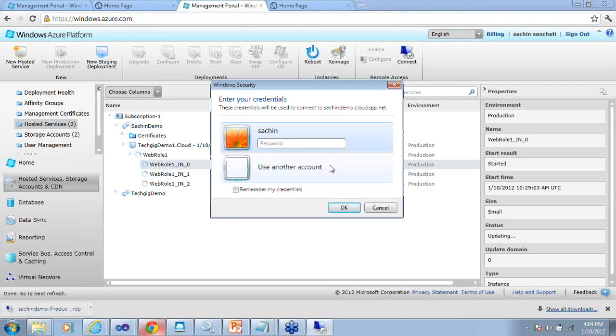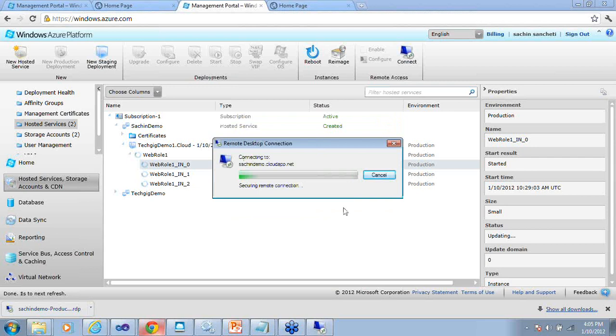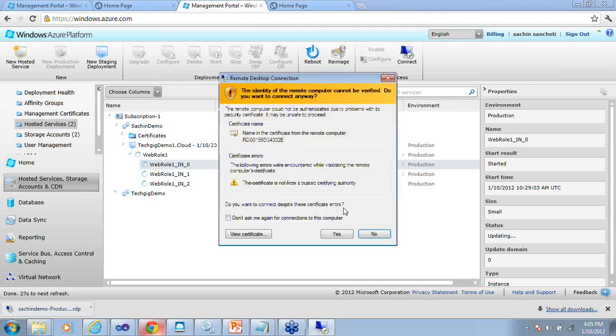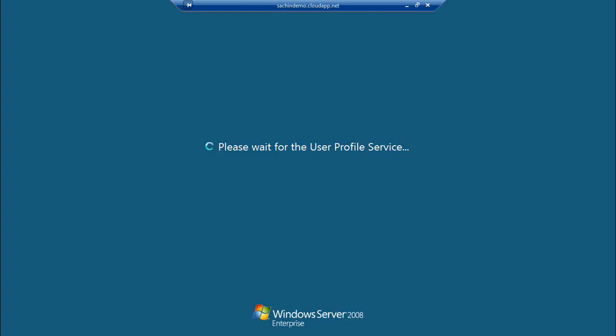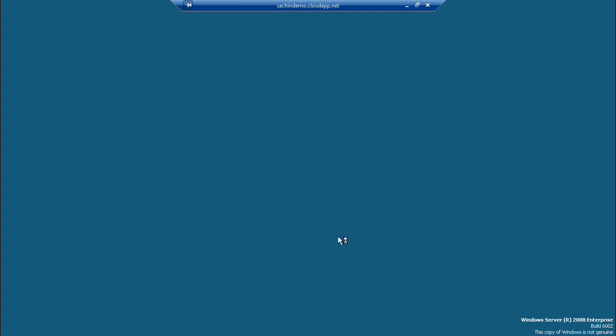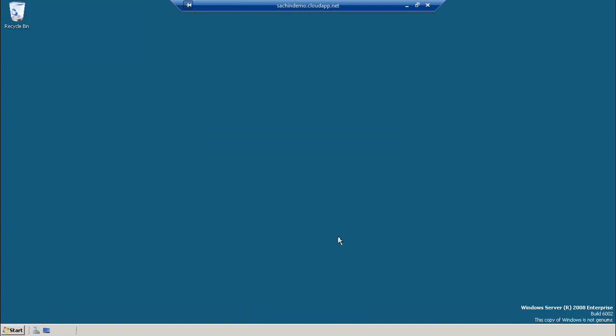Now, I'm trying to connect to machine, virtual machine, which is inside Microsoft data center, somewhere in Asia, because I selected the region in Asia. There are Asia, America region, then North America, Central America, then South America. Asia, you have multiple data. So you can select the data center where you want to deploy. When you create the hosted service or storage account, it doesn't matter where it is.